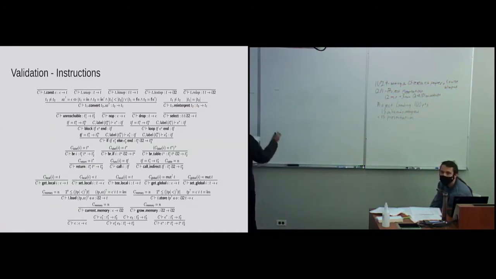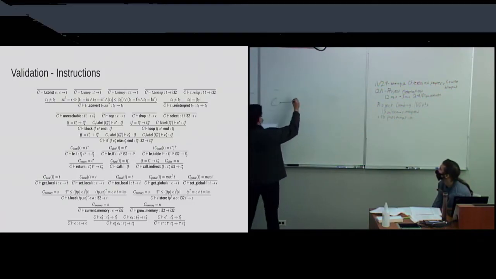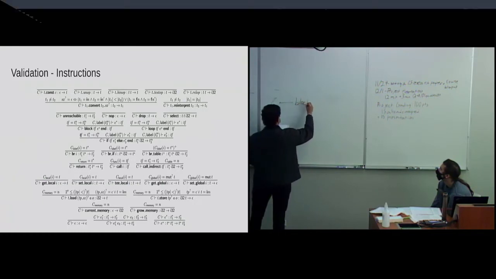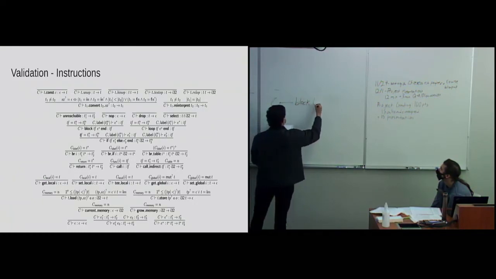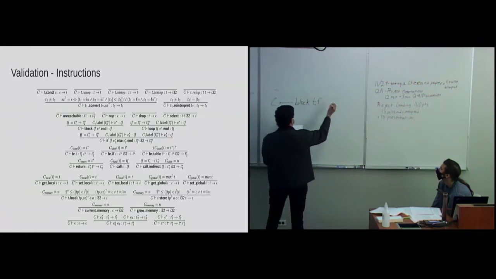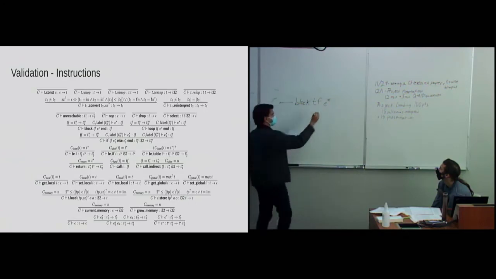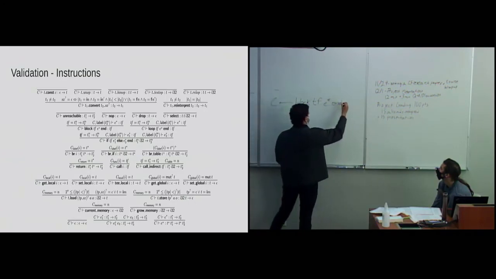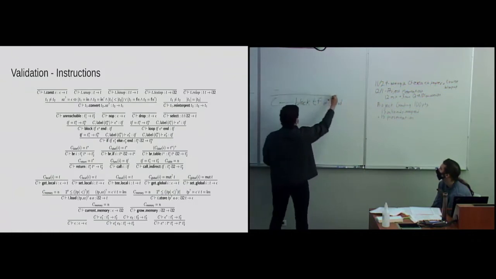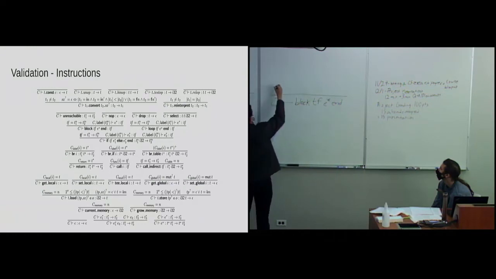We have a block. From the context C, we define a block as block, and then you say what the type of the block is, which is a function type, TF, and then the contents of the block, which are instructions E star, and then end, which denotes the end of the block. Okay. And in order to type this, we have to verify first that, well, first we can destructure TF